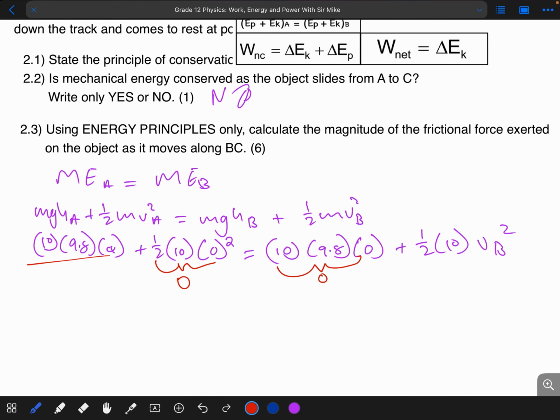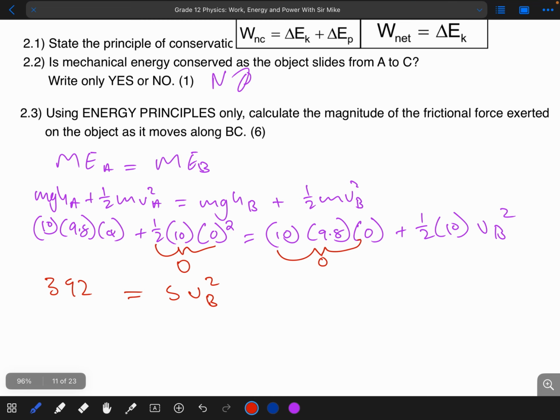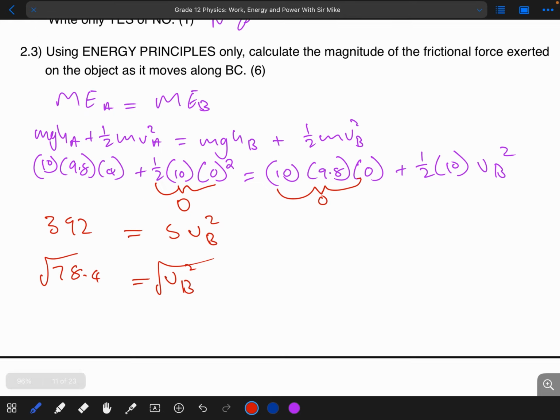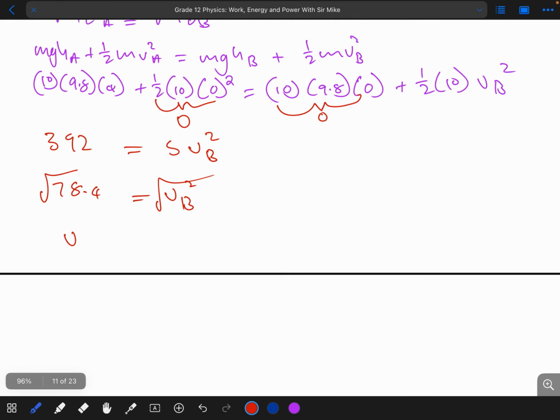If you put this into your calculator, you get 392 being equal to, remember that a half multiplied by 10 gives 5, so 5 vb squared. So divide by 5 on both sides, and you get 78.4 equals vb squared. Take the square root, and your answer for the velocity at point B